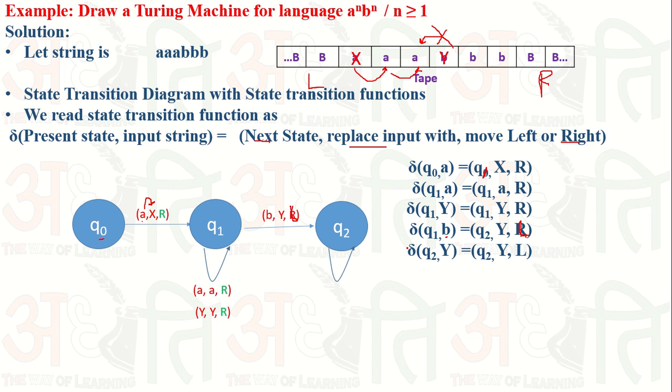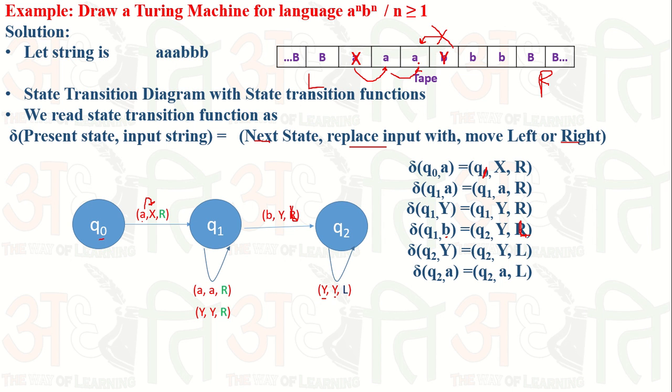So after moving back, we check the next thing. What is the next thing? We have to find the X, because when X comes, then we know that after the X we have an A and we need to mark that A. So why are we going back after marking it as a Y? It may be possible that there is a further Y here. If the Y comes when we are going back, then we replace Y with Y and move left. So at state Q2, when we see Y, we remain at state Q2 and we replace Y with Y and move left. It means we go back.